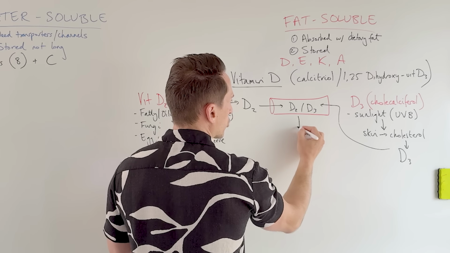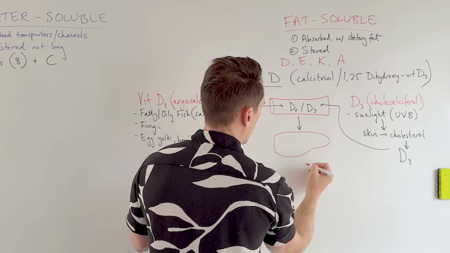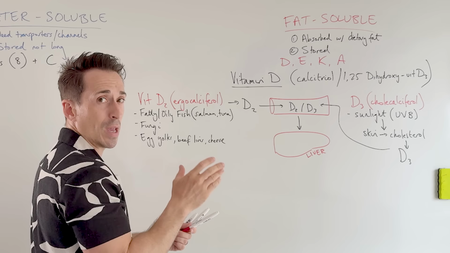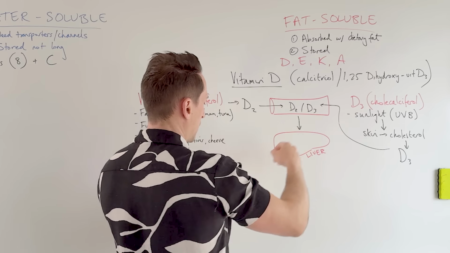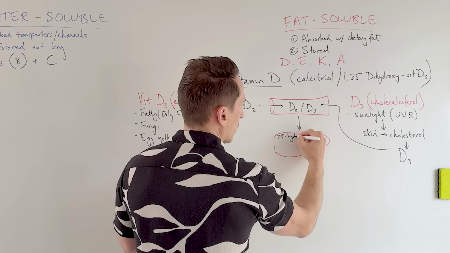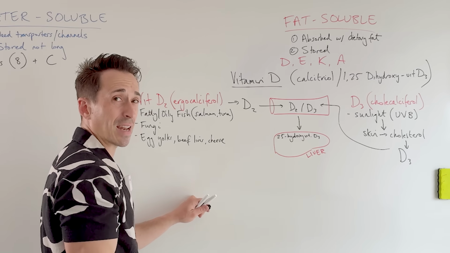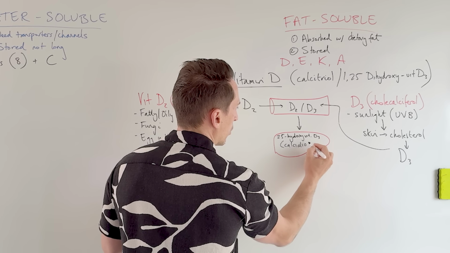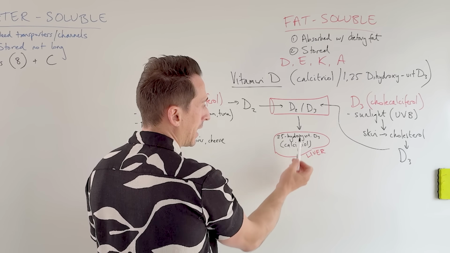So from the bloodstream, it travels to our liver, right? So here's now our liver. And our liver has enzymes that turn vitamin D2 and D3 into what we call 25 hydroxy vitamin D3. 25 hydroxy vitamin D3. That has another name, calcidiol, right? So that's also called calcidiol, not calcitriol, calcidiol. There, so the liver's turned D2 and D3 into calcidiol.